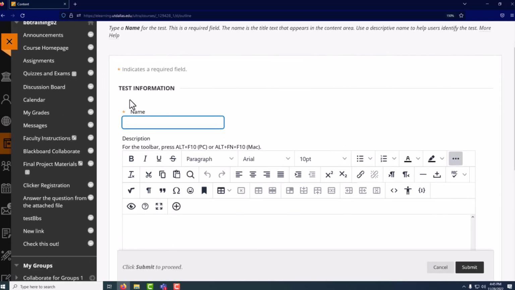We're now on the test information page. We're going to give a name to our test. Note that your students will not only see this name, but it also becomes a test link when you make the tests available to them. So make sure that the test name is easy to recognize. I'm going to call this Test 1